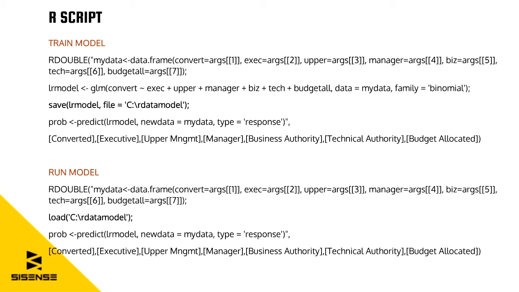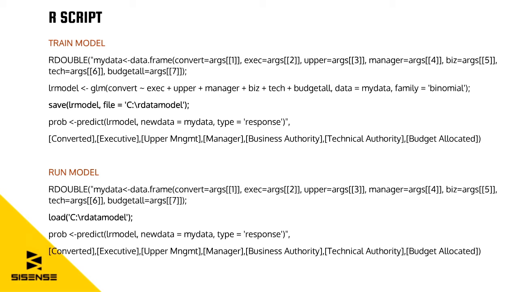The line after that is getting the fitted values from this model. So when you run a model, you have a bunch of training data, and fitted values are the scores of the training data. It's a way of helping validate and see how good your residuals are, which tells you how good your model is. That is the end of the R code. After that, it's more of the SciSense code, and we are telling SciSense which columns from our cube to pass into R, which become the arguments in the args list that we see in the very first line. So that's training the model. That's how you build your model that you can model your business with.